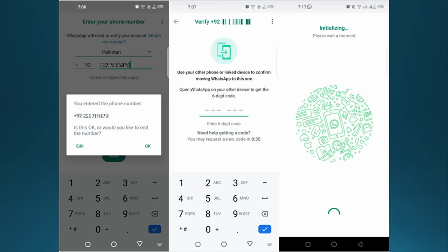Now you will be prompted to confirm that you want to send a verification code to the number you've entered. Just go ahead and confirm this. And what you want to do, guys, is reach out to that person who has your old SIM card. Ask them to send you the OTP that they'll receive via SMS. Maybe it's your friend or a relative who has access to that SIM card. Or what you can do is replace that SIM card through your service provider, and then you will get access